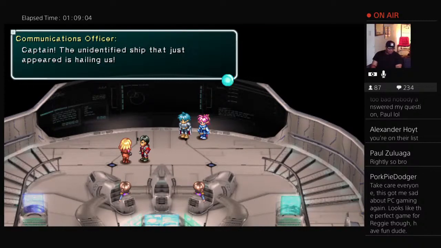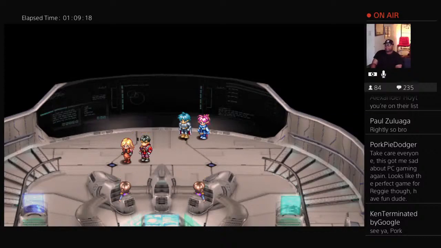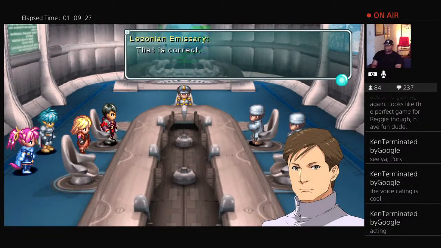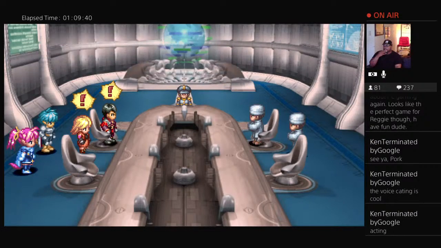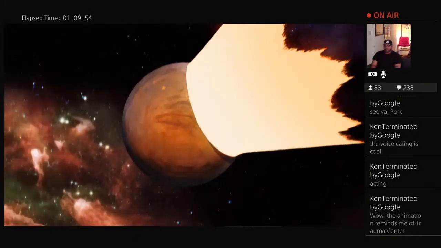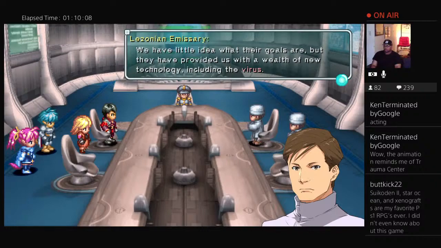Captain, the unidentified ship that just appeared is hailing us. Open the channel. We come as emissaries from Lazonia. We have no desire to fight. So, you're saying that Lazonia wants to sign an armistice with us? That is correct. We were not willing participants in the war against Earth. The rumors of a third party working in the shadows of Lazonia were true then. A third party? Yes, they had us at the points of their swords. Their civilization is highly advanced. We have little idea what their goals are, but they have provided us with a wealth of new technology, including...